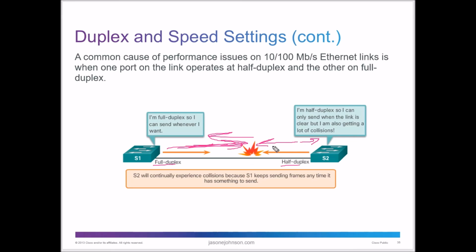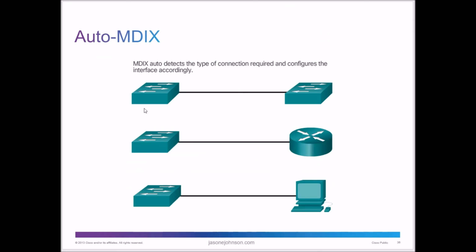So if it's trying to send a packet and a packet's coming in, it has collisions. So you're going to have a bad time if they're not synced up on the same type, whether it's full duplex or half duplex. Now we also have what we call auto MDIX, and I think I mentioned it in a previous video, that you have devices that will auto sense what type of connection you have. Most of the newer devices will auto sense and say, okay, is this half duplex? Is this full duplex? What speed can I send this at? And then it will negotiate that and then start forwarding.